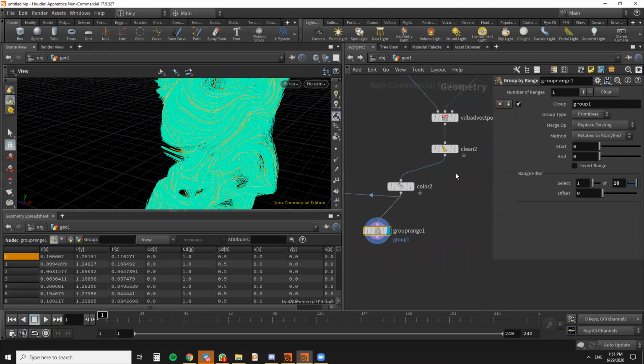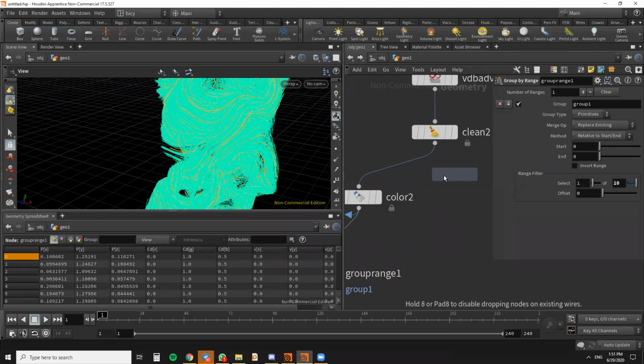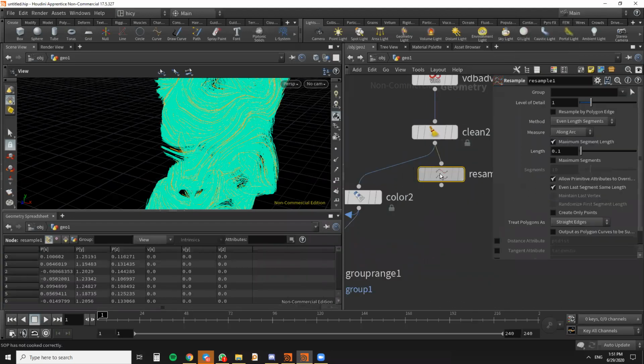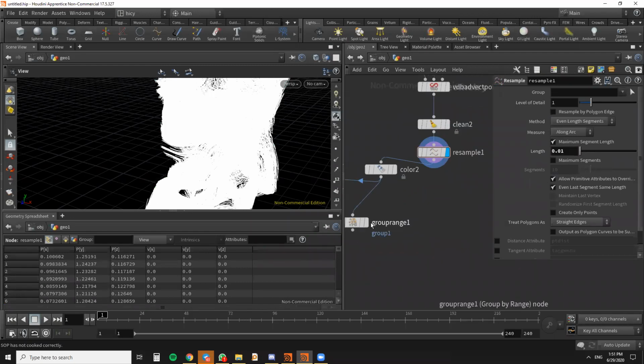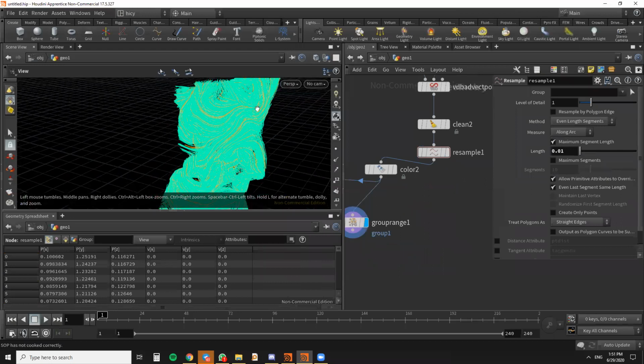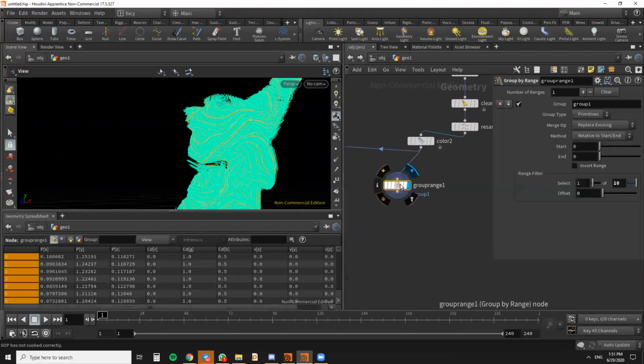Let's also resample it here. By resampling, we are changing the number of control points, so we make sure it's smoother, because I don't think it's smooth enough. Okay, now, yeah, now it's better. You can see the curves. Okay, let's go for something like